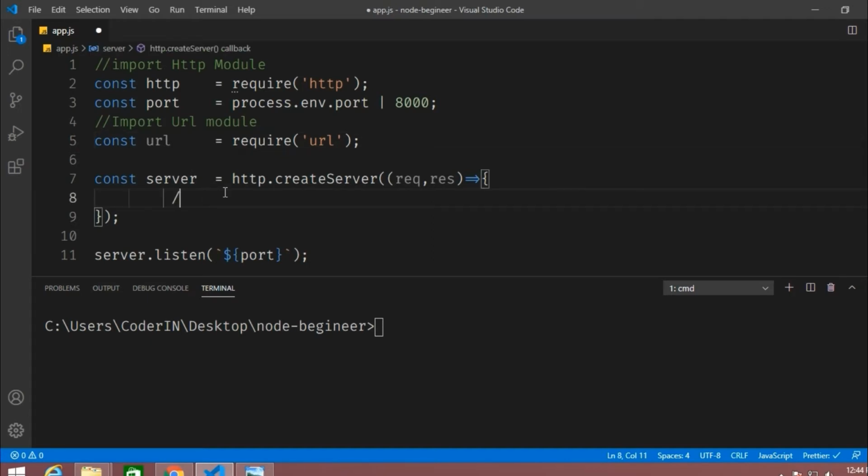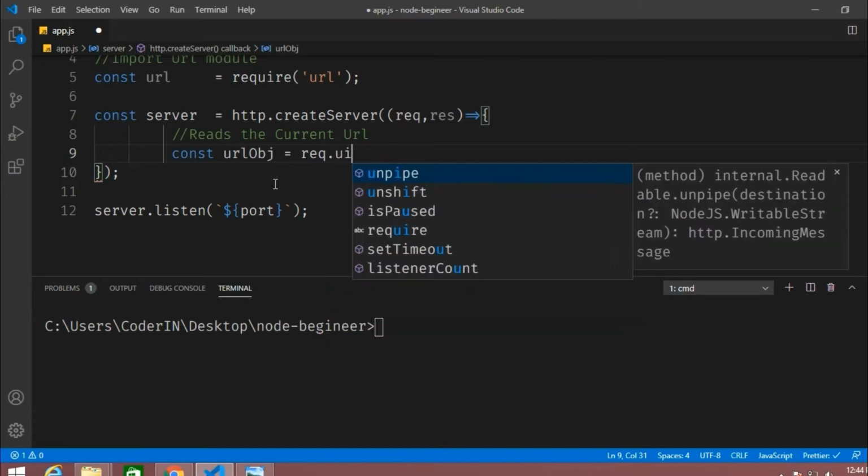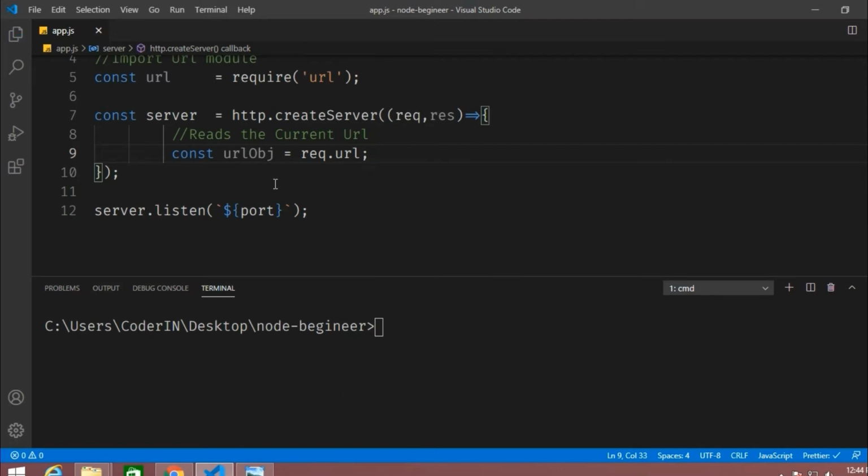We have to fetch the current URL which we are trying to execute here. So, the easiest way is to make a particular variable. I've already used a URL object variable and we are using request dot, that is req.url. This is the easiest and simplest way you can get your current location URL.